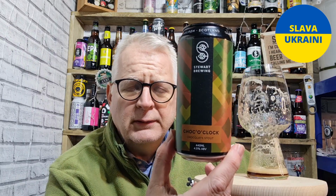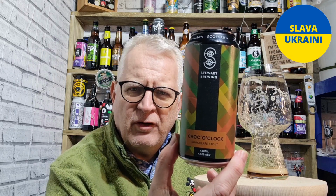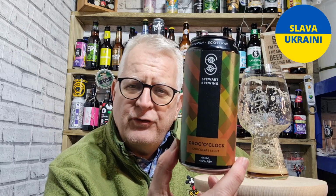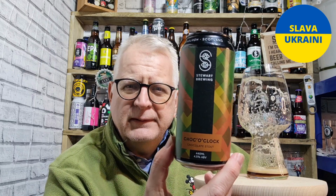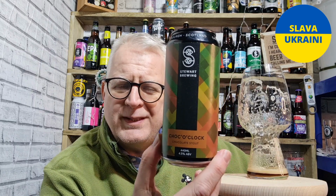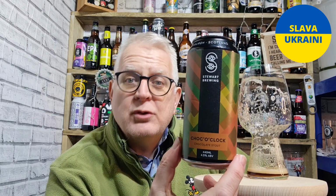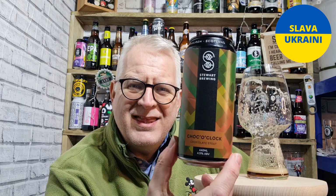Yeah, on the pour it looked good. Nice dark pour. Aroma very mild, but you got that roastiness in there, that little bit of coffee, a little bit of chocolate, a little bit of caramel, a little bit of everything really. It followed through from the nose onto the flavour, a nice chocolate flavour, not sweet at all, which I quite like with this. They've not gone for that sweet element which they could have done. It's smooth, but quite a thin